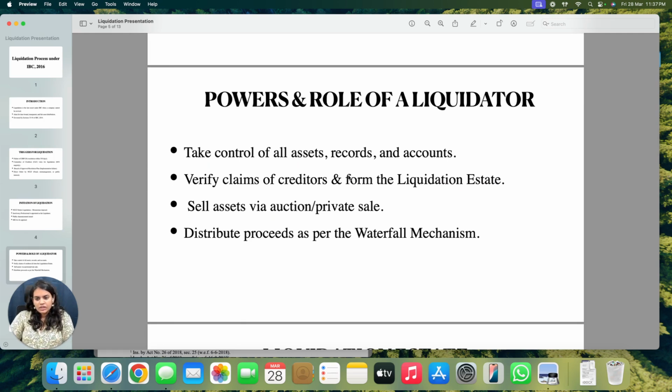So the role of a liquidator is very similar to that of a resolution professional. A liquidator will take control of all the assets, records, and accounts. The liquidator's power here is explicitly stated in one provision, that in the regulations, it is provided that the liquidator is empowered to approach any governmental authorities, information utility, any registries of